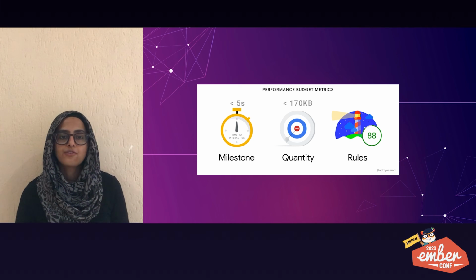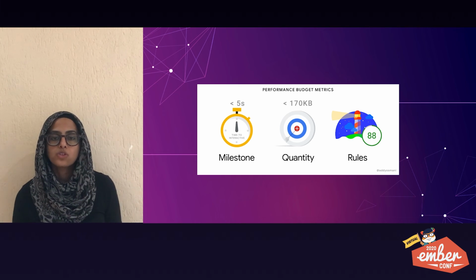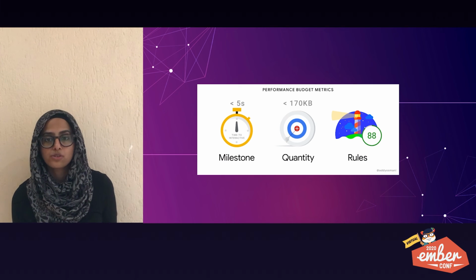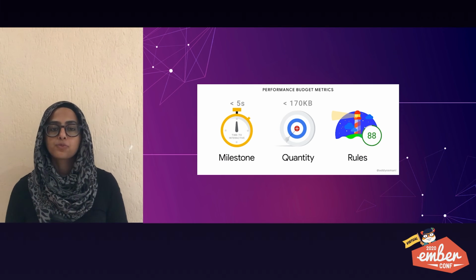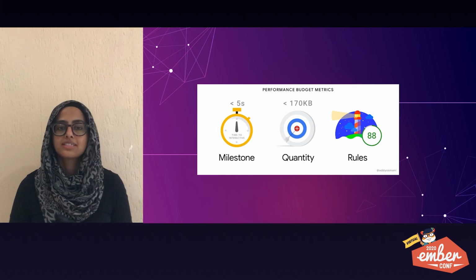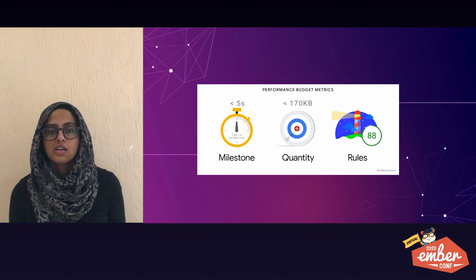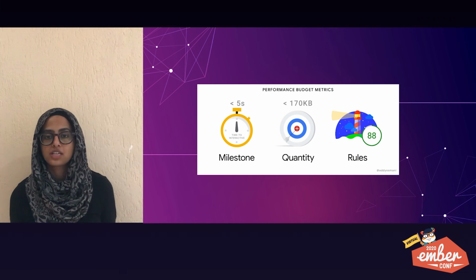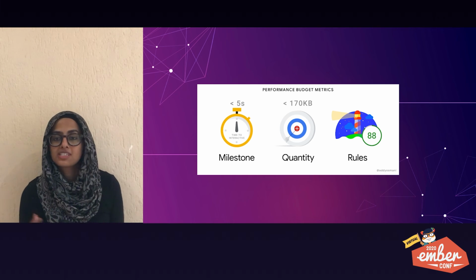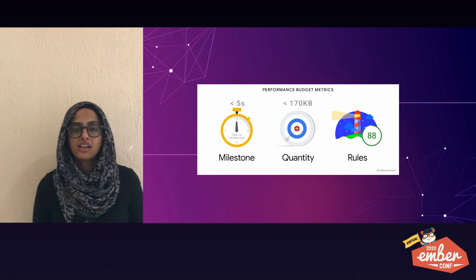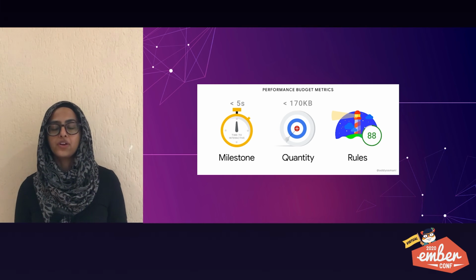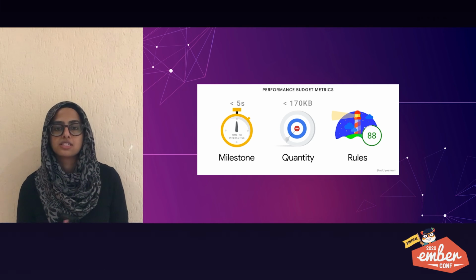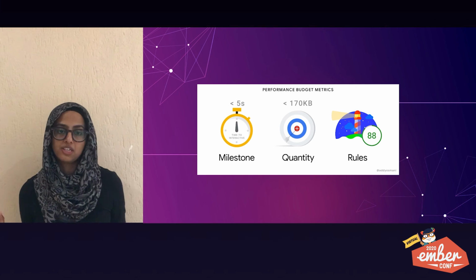And finally, we have rule-based metrics, which are scores generally provided by tools such as Lighthouse or WebPageTest. They often just provide one single number on a series to grade the site. Furthermore, we can apply different budgets to our mobile applications versus our desktop applications versus device classes, because their underlying hardware, like CPUs and memory, and their connection capabilities differ across these different experiences.